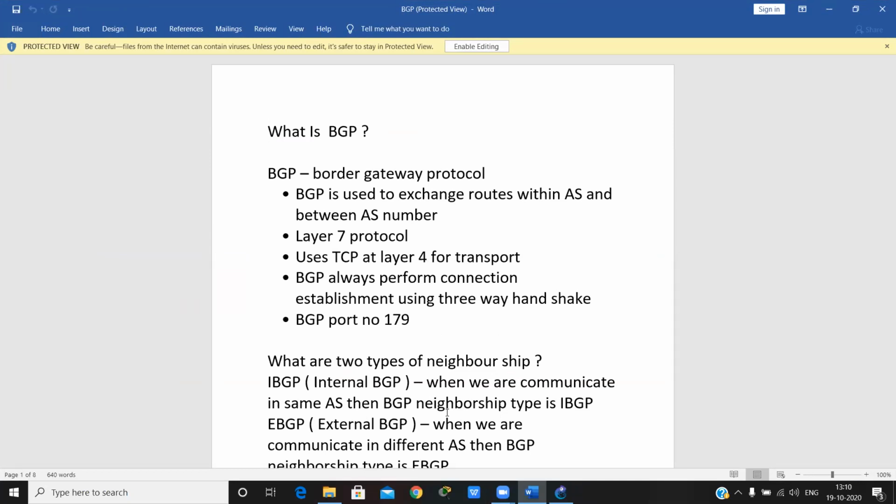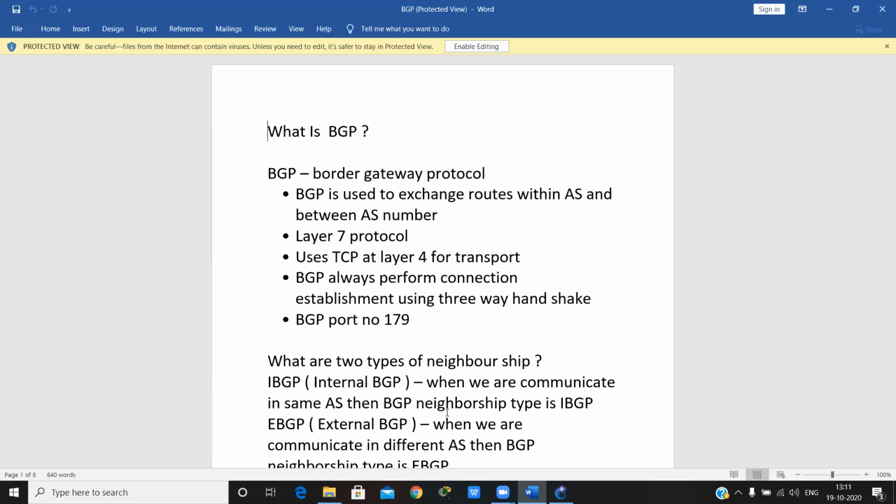Okay, because before this, all the protocols we learned about, EIGRP, RIP, and OSPF, only communicate within the same domain. If we want to communicate between different domains or different protocols, we have to do redistribution all the time. So for communicating between different domains, we have a protocol called BGP, Border Gateway Protocol.